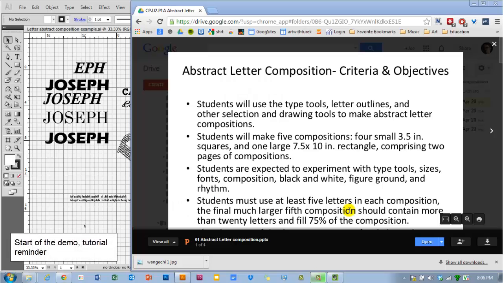For your abstract letter composition, you have to do four small 3.5-inch square compositions, and then you have to do one large 7.5-inch by 10-inch rectangular composition. So I'm going to walk you through briefly how to use the type tools and set up your compositions. This tutorial will show basic typesetting, and it'll show you a brief stopover to the type portrait assignment,